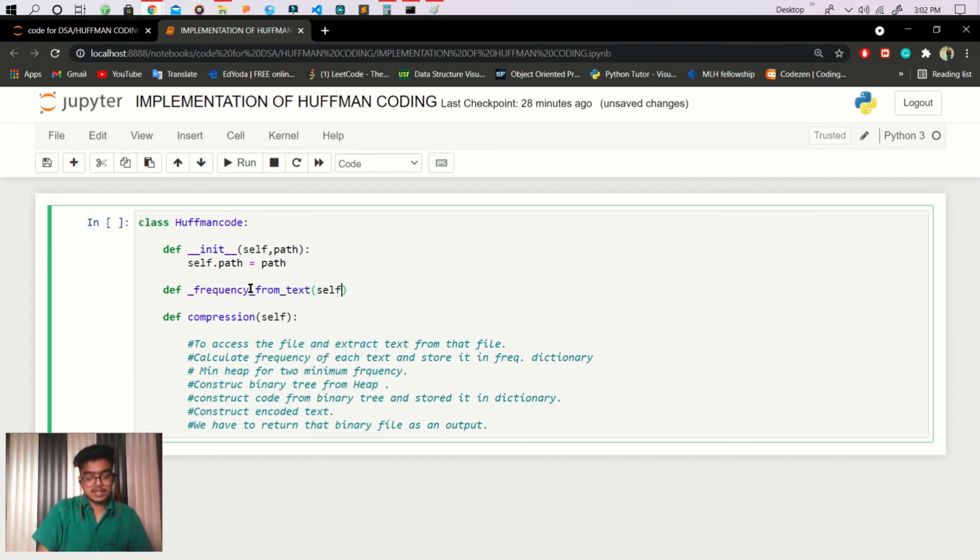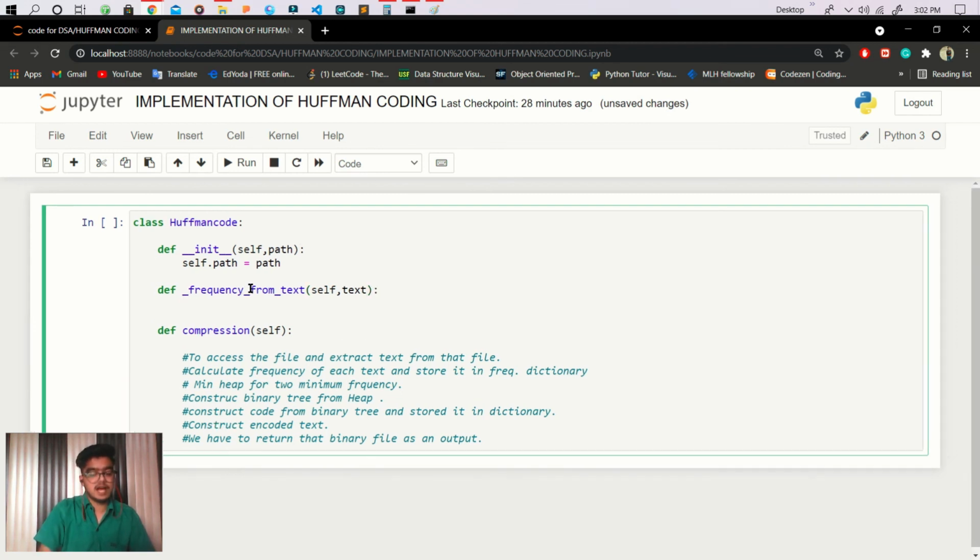In that we pass our text, and we have to code that. Sorry, this is auto correction. So in order to find the frequency, we use that function. With the help of that function, we get our frequencies. Thank you, friends.